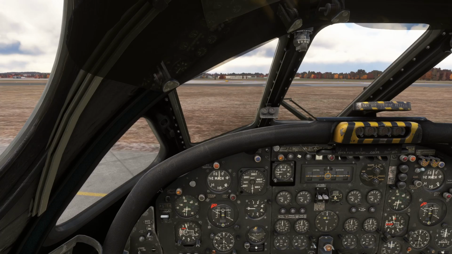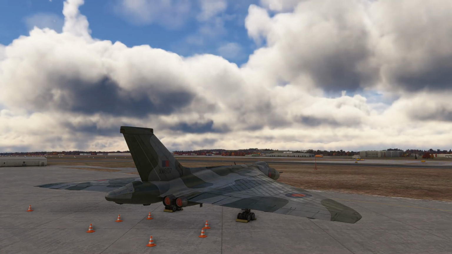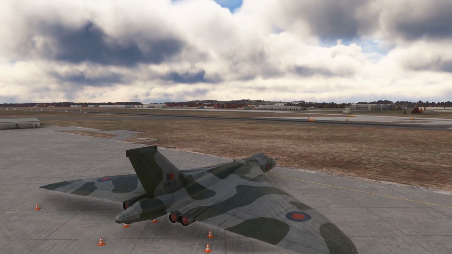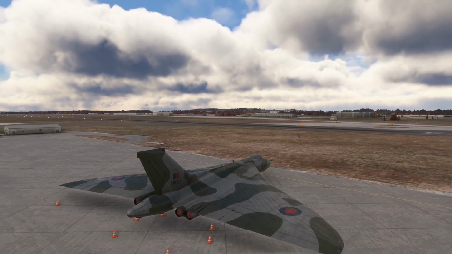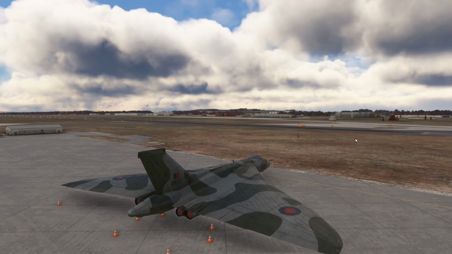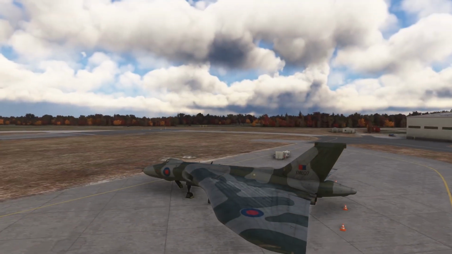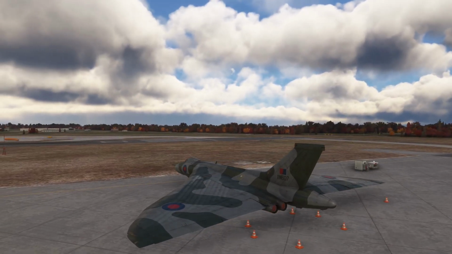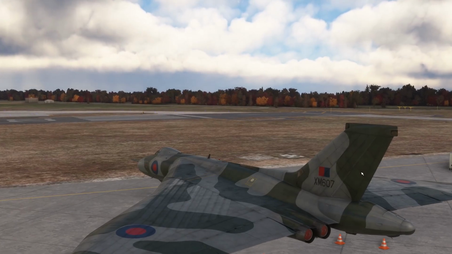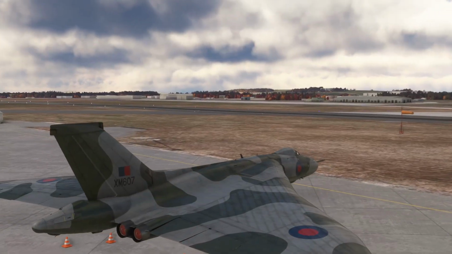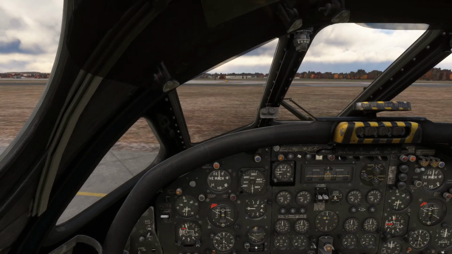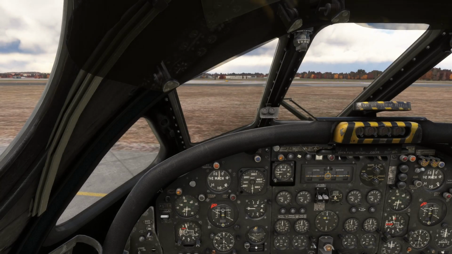So we're here at RAF Lossiemouth in Scotland, which is where the Vulcans took off for Operation Sky Shield when they went over to America and, quote, nuked it. And this is actually on a different subject. This is plane XM607, which is one of the planes that took part in Operation Black Buck, that flew on a bombing raid during the Falklands War. Okay, so